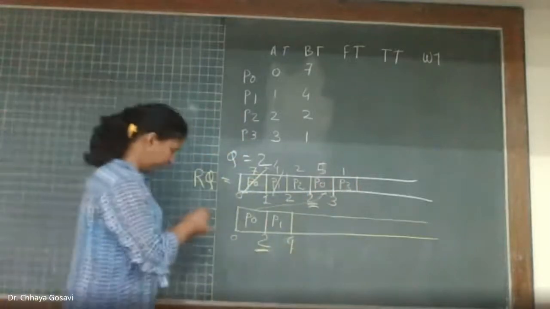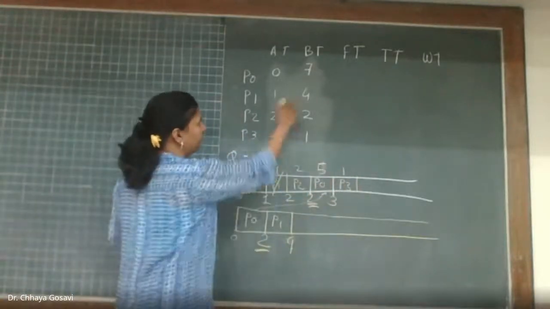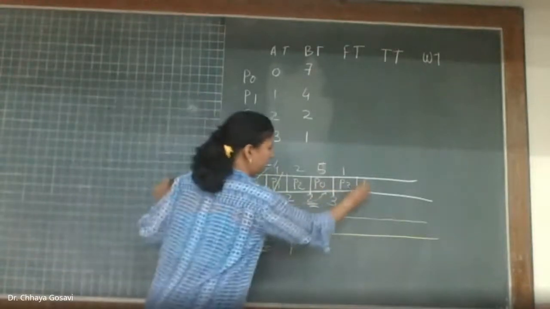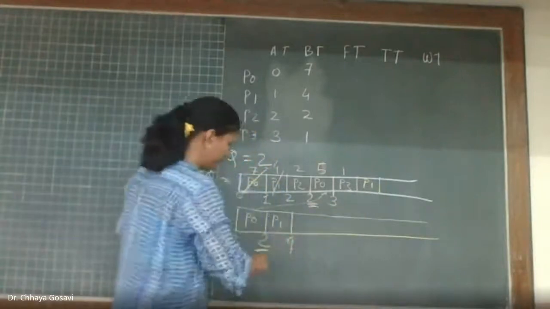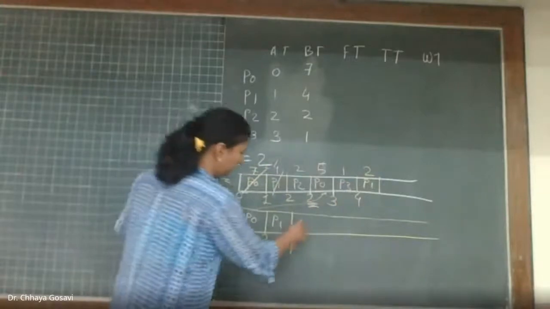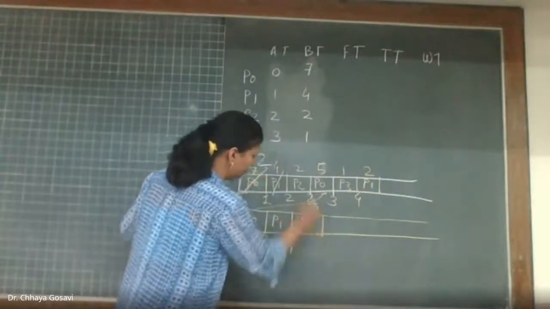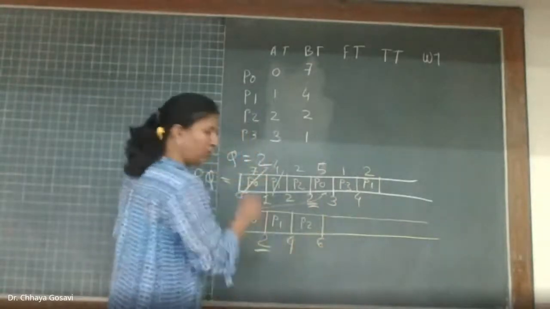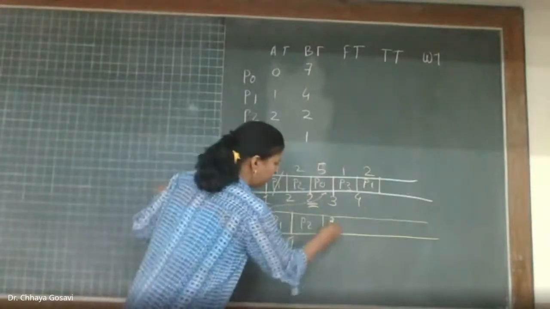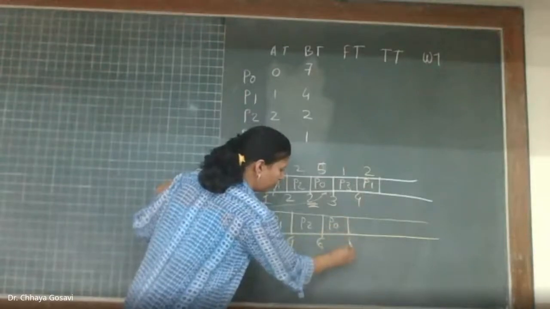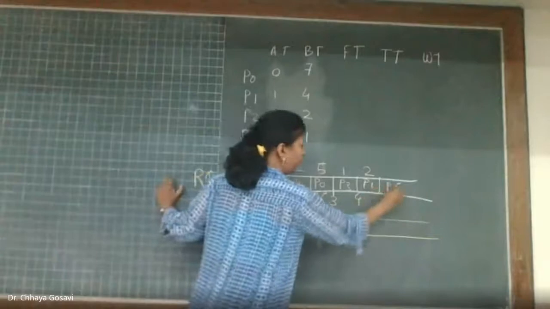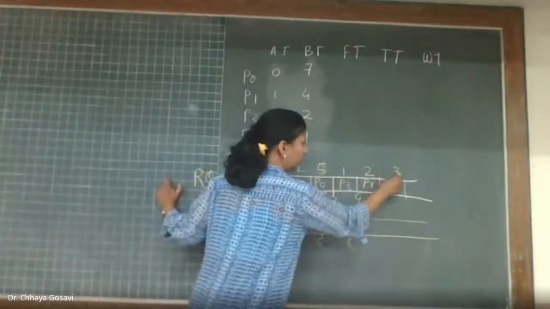So P1 will be scheduled for 2 cycles. P1's requirement is 4. It just finished 2 cycles, so it has to be preempted and go back to the ready queue at 4 for the remaining 2 cycles. Then P2 will be scheduled for 2 cycles. P2 completes its execution, so it won't go back in the queue. Then P0 has to get scheduled for the next 2 cycles. P0 is not yet finished, so P0 will be added at the end of the ready queue for the remaining 3 cycles.